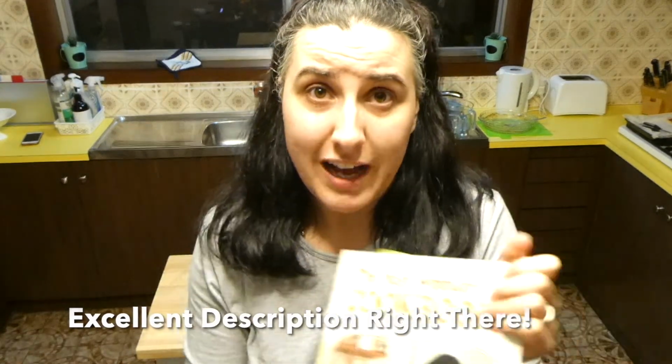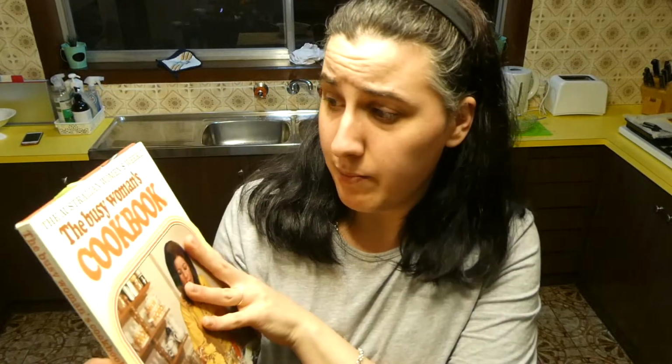So I actually got this recipe from the Busy Woman's Cookbook. It was published in the 1970s. I don't know if they've updated it at any point, but this is from the 70s. I got this at the op shop